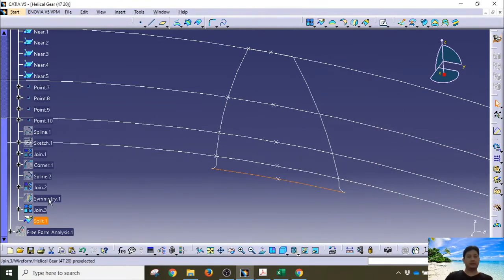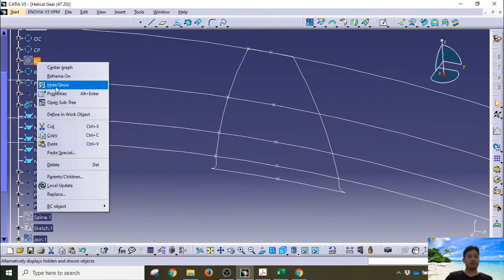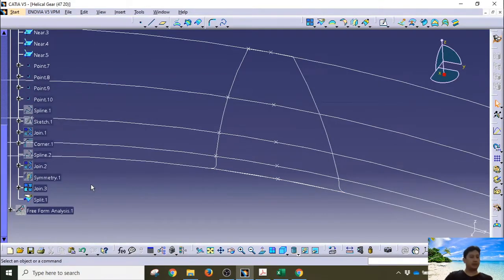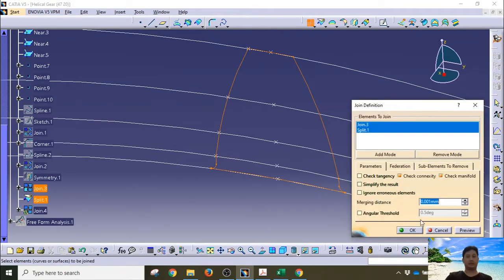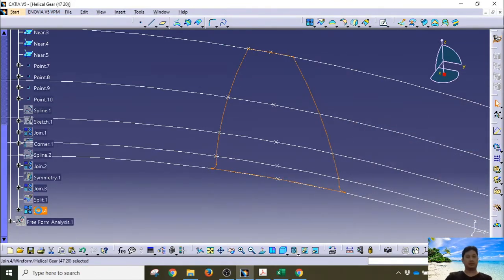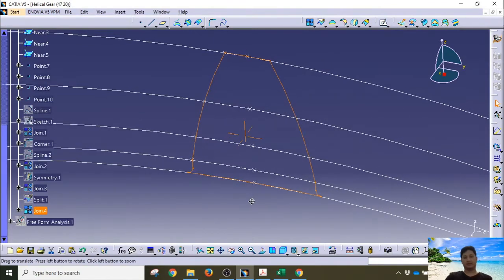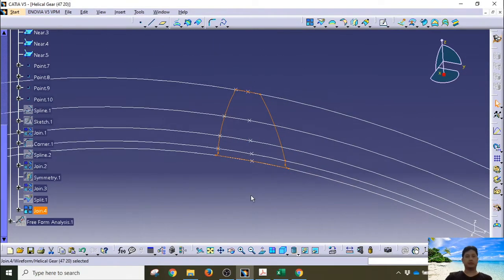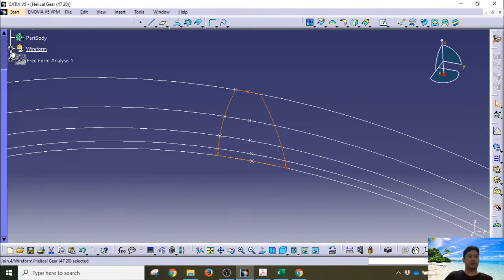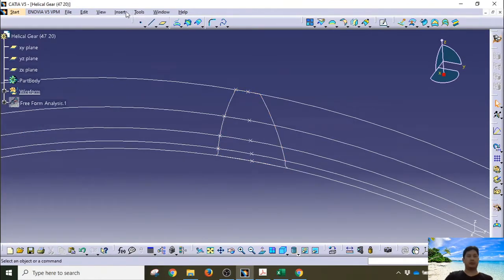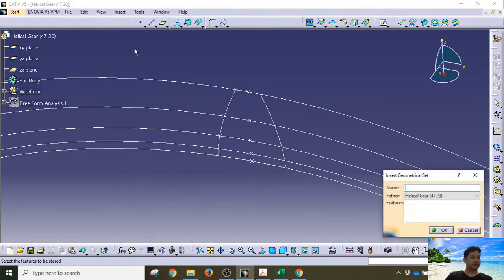Now with this split, this part should be reshown, and now we have the split and the join. Split and join must be connected back. We have this join that represents our tooth shape of our sketch. Right, now with that finished, we can close the waveform, and now we can create a new geometrical set, and